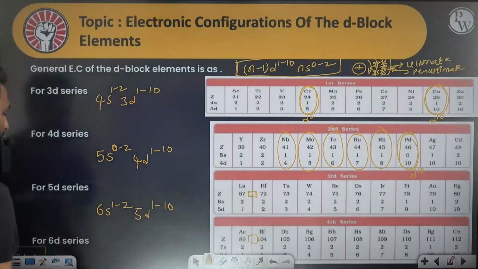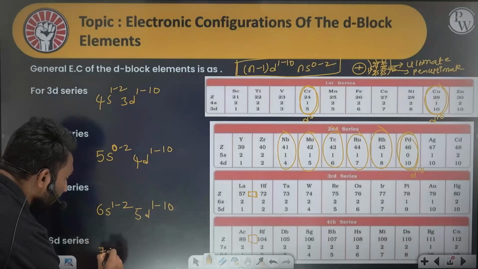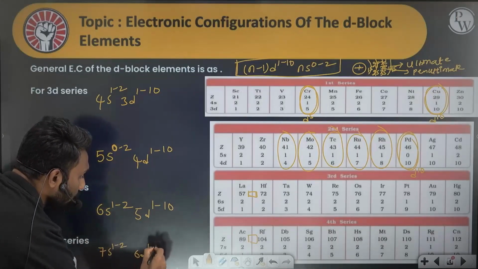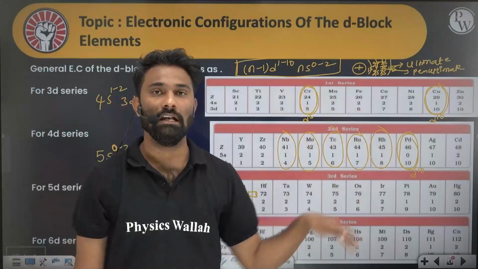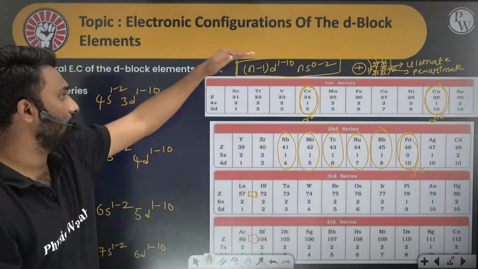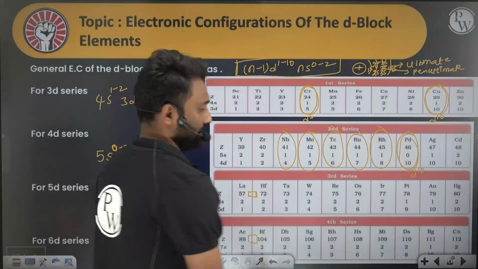Now for the 6d series the general electronic configuration is 7s 1 to 2, 6d 1 to 10. Now these are the elements present in the d block, and these are some general electronic configurations. Okay, next